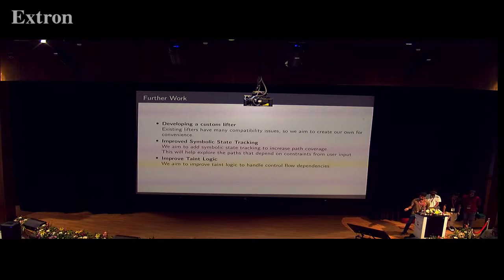Oh, exactly. So if you look at further work here, we want to implement symbolic state tracking. We have already started doing that. This will help us incrementally track paths. Once we come to a condition which is tainted, so that condition depends on the input, there are obviously going to be a few paths, and we can only take one. But we will track the symbolic operations performed on this input up to this point, so that we can feed it to an SMT solver, Z3 for example, and generate a new input, and we will run the program with the new input to explore the other paths.